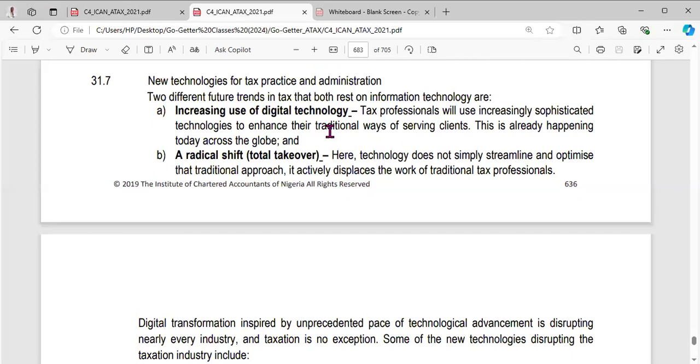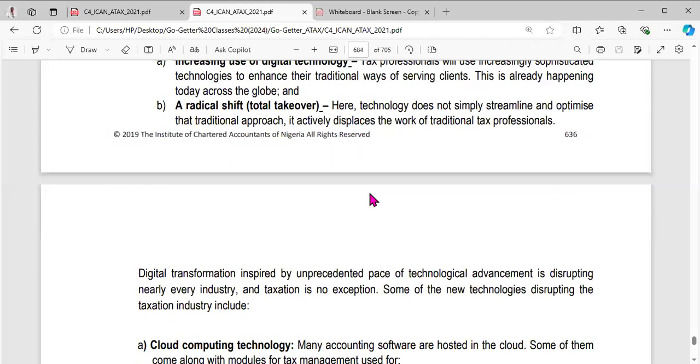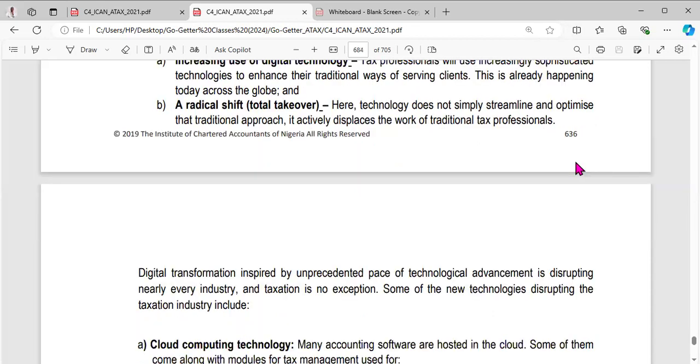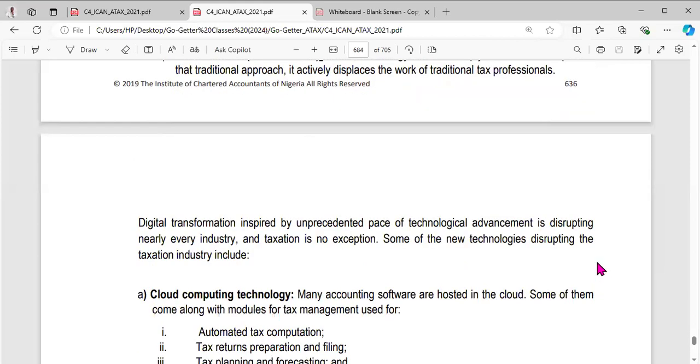That requires digital technology. Then there's a radical shift in technology. Technology does not simply streamline and optimize that traditional approach, it actually displaces the work of tax professionals. So we usually hear that AI will replace accountants, replace tax professionals. This is because there's a radical shift in technologies such that those who are not AI or technologically exposed already will be displaced. And so these are what we call the disruptive